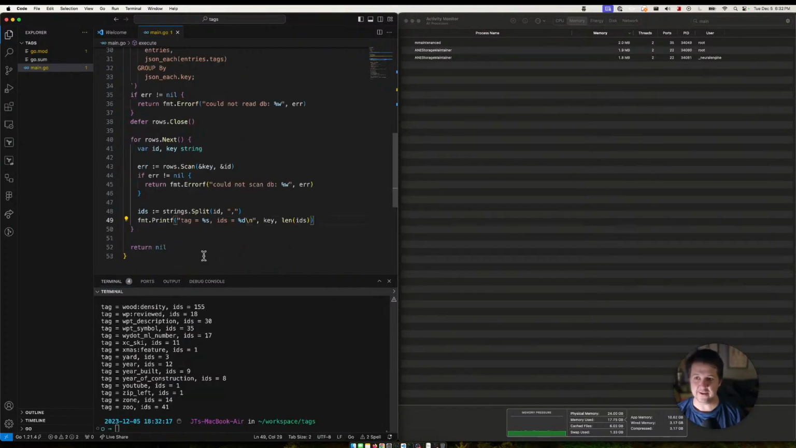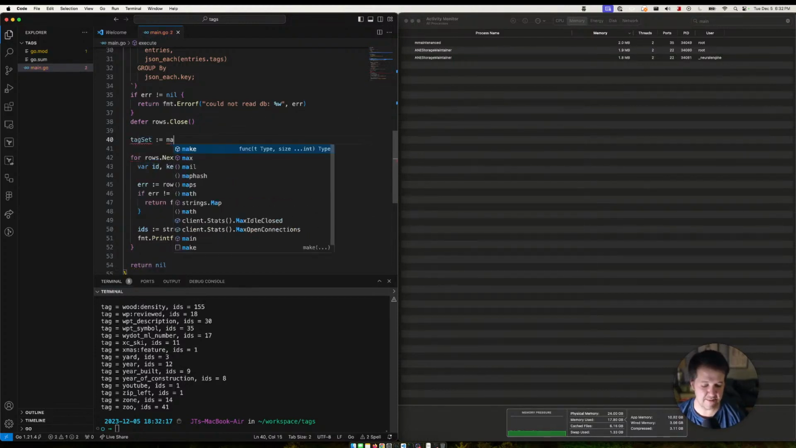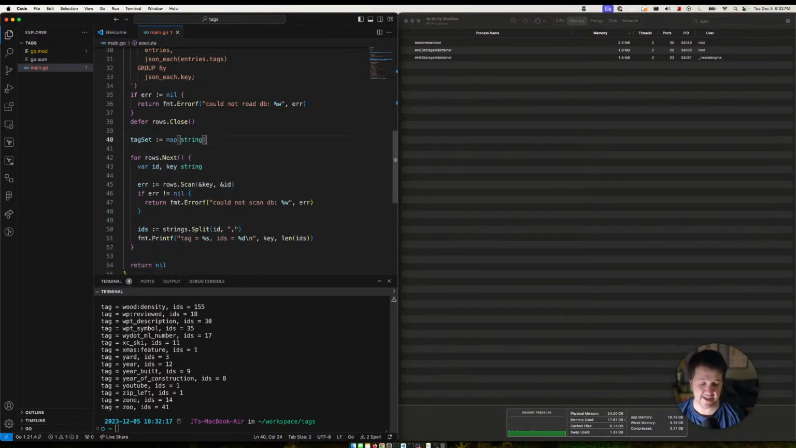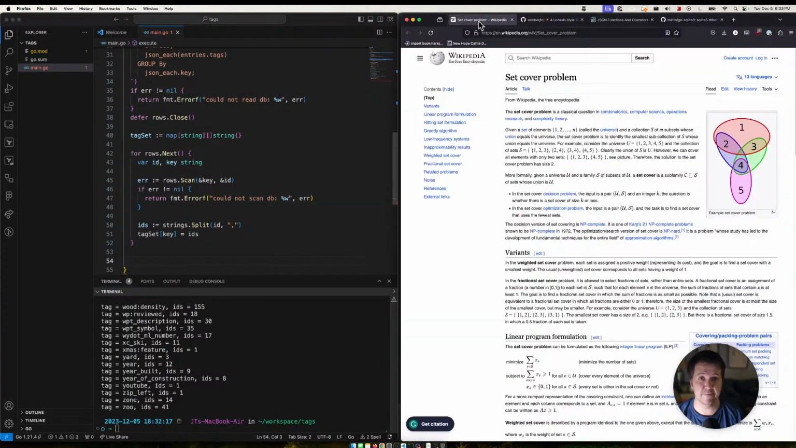Cool. So we have something that represents the tags and ID, right? So let's put this into corresponding sets. Tag set would be a map of the tag and then an array of string. And then we're just going to put those into tag set key equals IDs. Okay, so now using this algorithm right here, set cover,